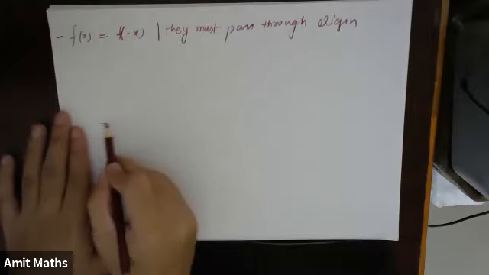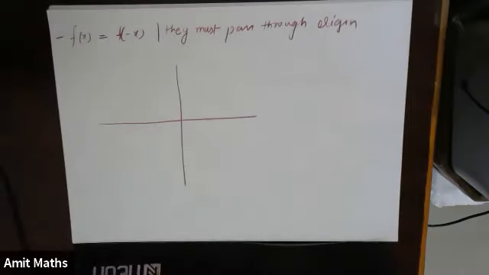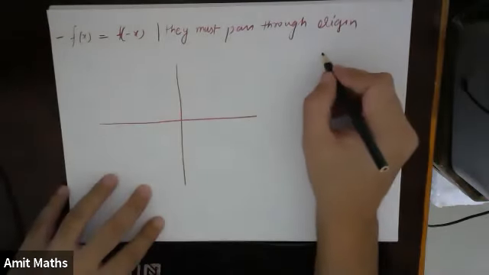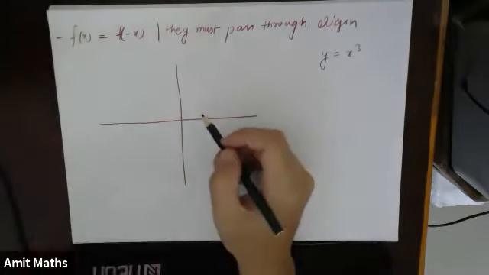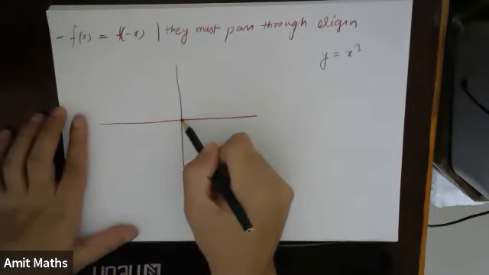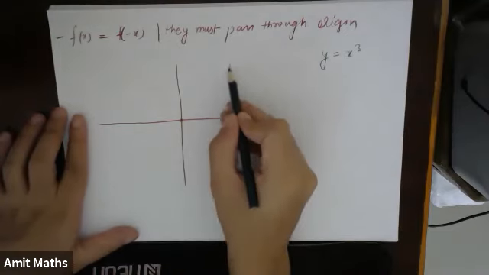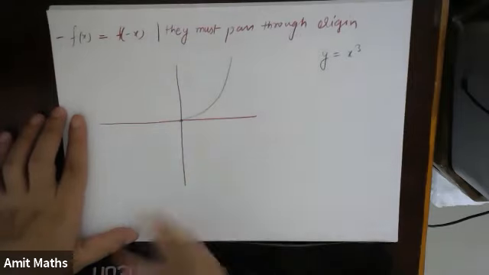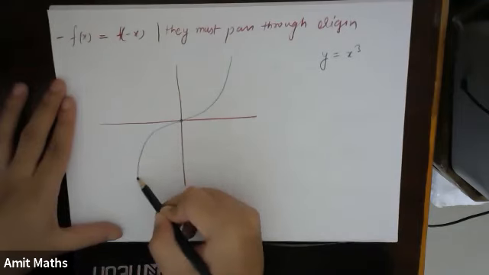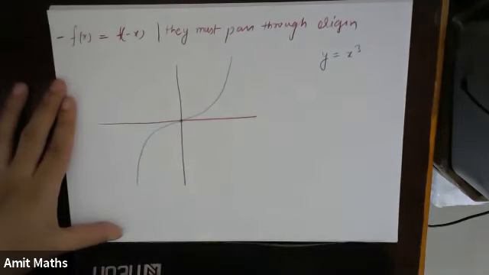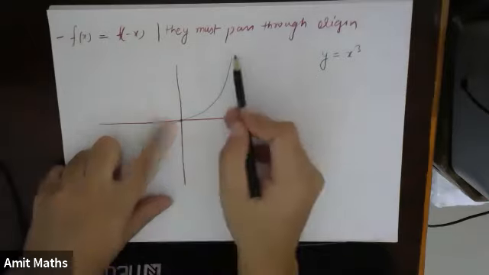What happens is, suppose this is the x and y axis. If you think about any odd function, for example, suppose y is equal to x cube. An odd function will pass through origin and they will be mirror images about this point. They will be mirror images about origin. For example, if this is on the right side, the left side will be the mirror image about origin. Understood? Fine.